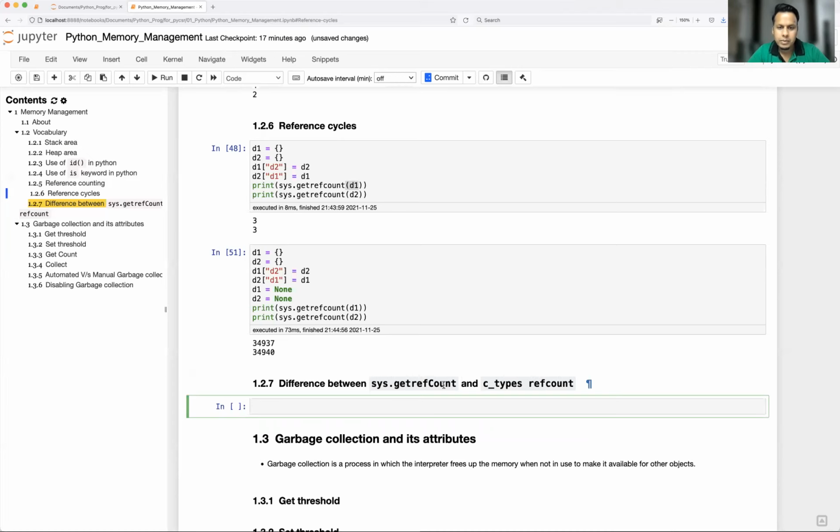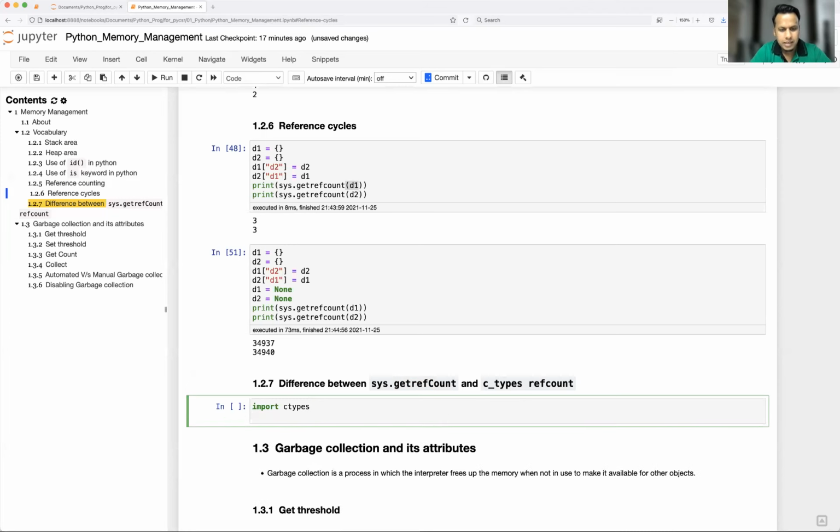Because it is going to be referred to in the same function. So to overcome that issue, we have something called ctypes reference count. Okay, so for that we import the ctypes library, and under this let's write one function to get the reference count. So get reference count of, let's say, address.